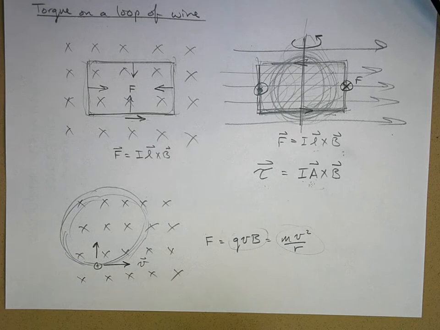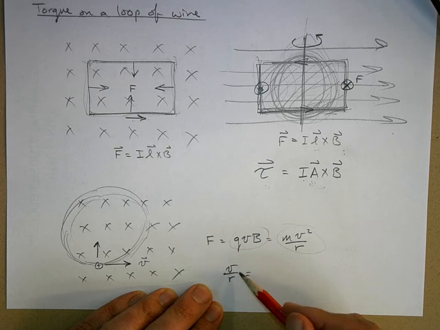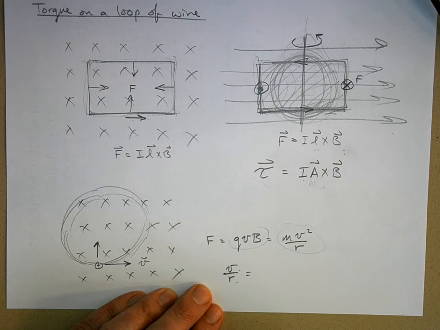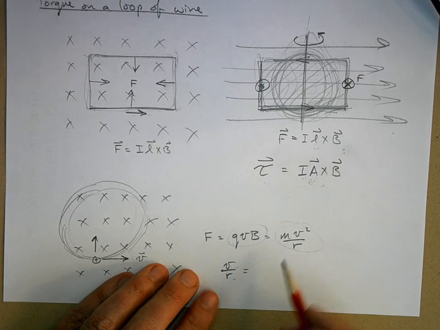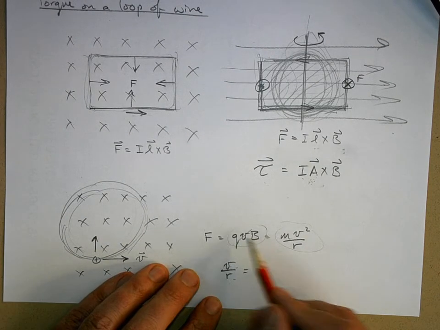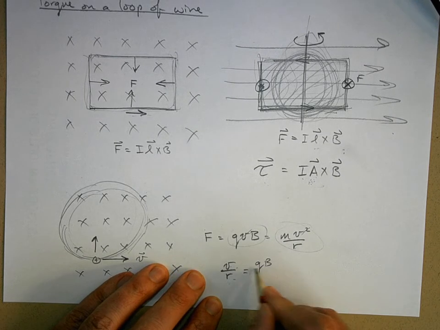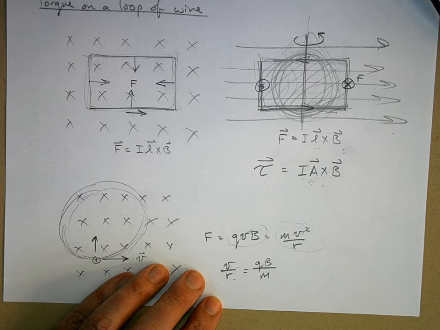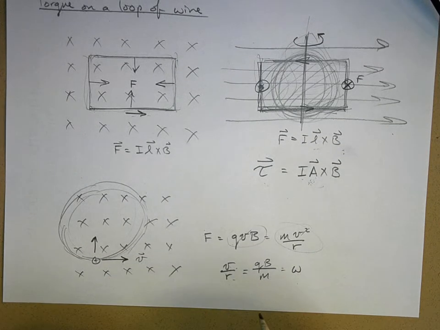But there's a couple of interesting things. V over r, well, that has units of radians per second, doesn't it? The speed divided by the radius is the angular velocity of this particle, how many radians per second it's sweeping through as it moves around this circle. And so V over r, well, if I cancel this out, it's just QB over m. And so we call this omega. This omega is called the